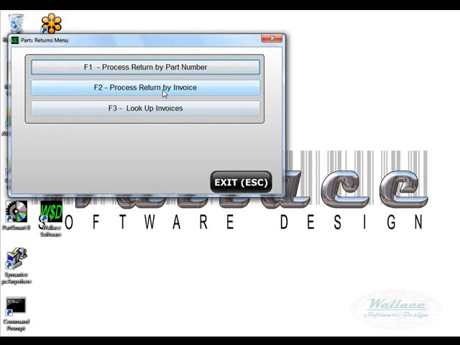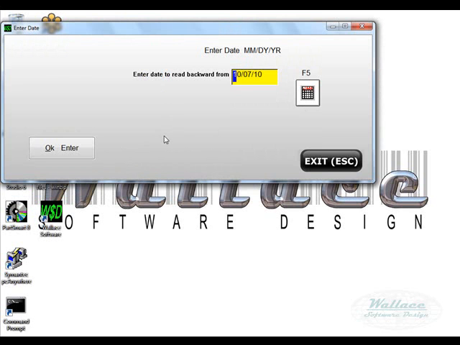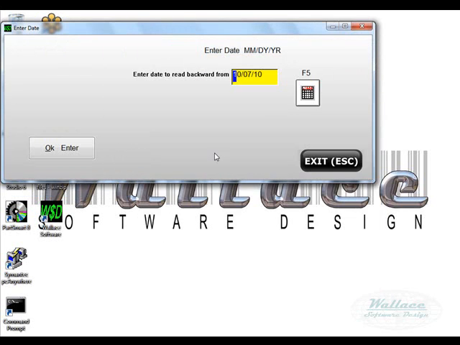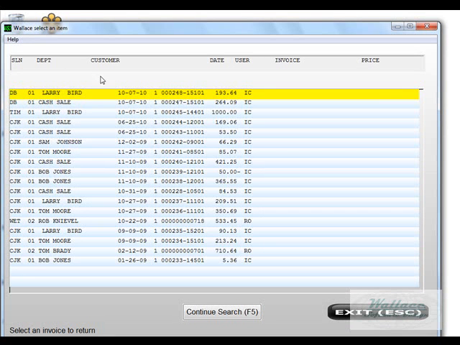Now to look up the invoice, you need to know who the customer is, or if you have an invoice number. Two convenient ways of finding an invoice. Let's do that first. First it'll ask me what date this was purchased. You can click the calendar, and if the person says they did it on Monday, you'd click on Monday. If they said the 7th, I'll just go to the 7th here,